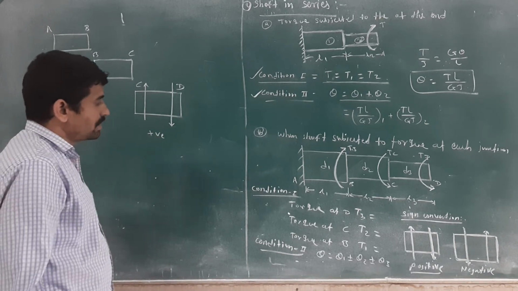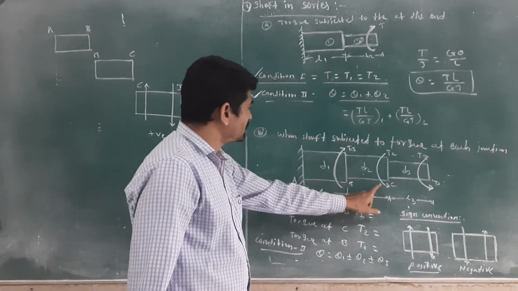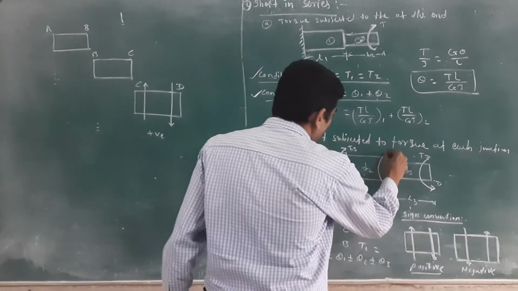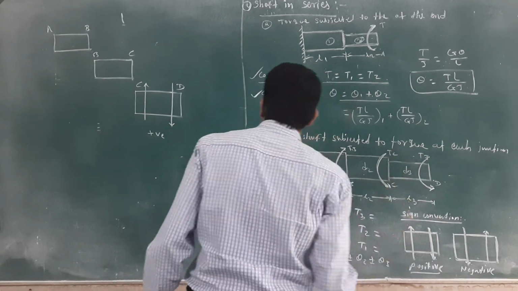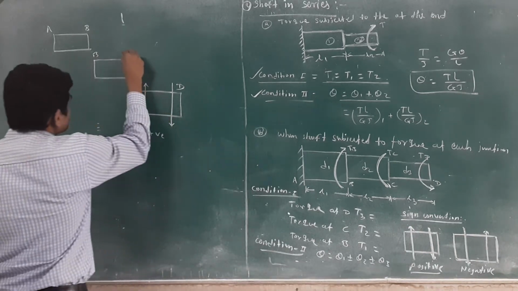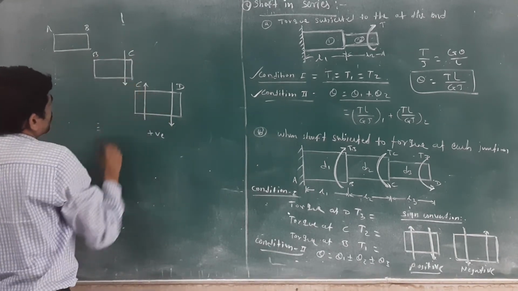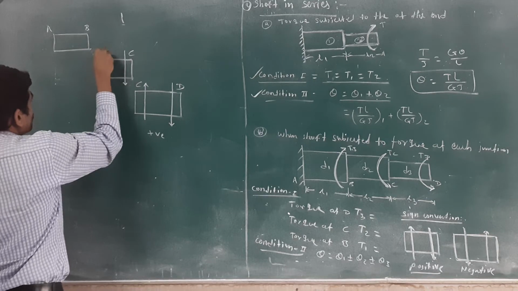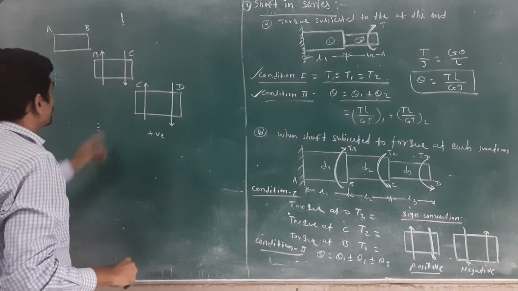positive. Okay, TD. Then in a similar way at C, here is an anti-clockwise direction, then you should draw the downward. For equilibrium, you should draw the upward direction, again positive.